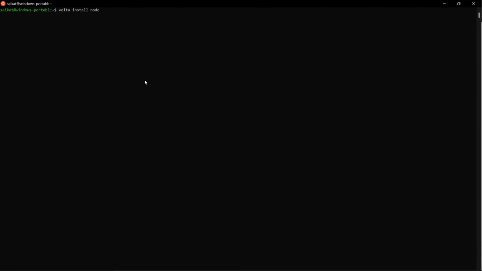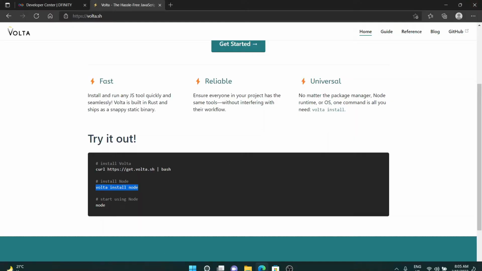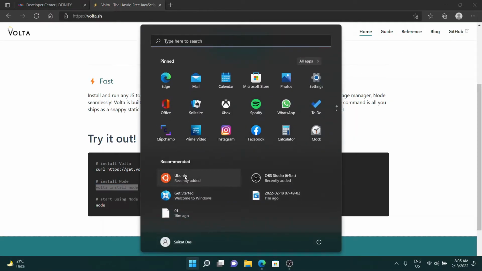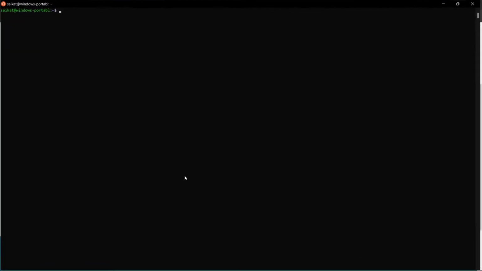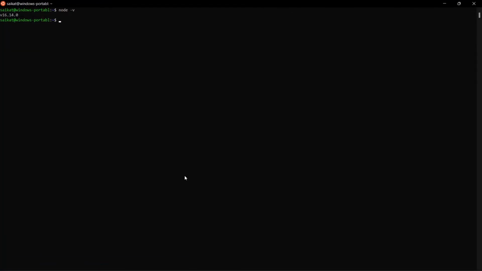This will go and fetch the latest stable release of Node and make it available for use. So again, once this is done, I can close my terminal and open it back again to see that Node version 16.14 is installed on our system. Perfect. So now again I'll navigate to the directory that I created and generate a new DFX